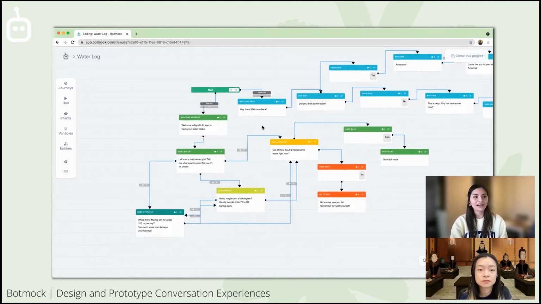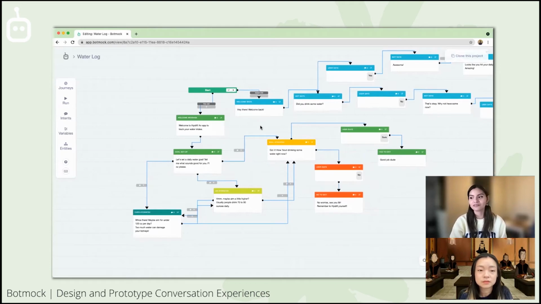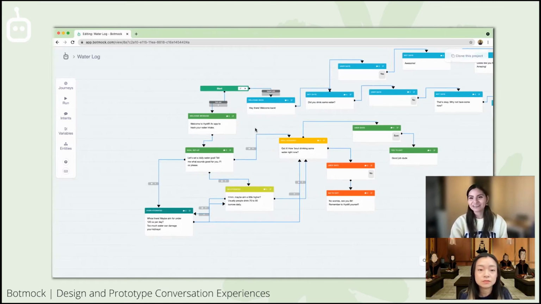The thing about Hydrate that we really wanted to focus on is creating a voice application that didn't feel clunky or like traditional IVR. We specifically were targeting a younger demographic with this. You can see that with a lot of our language, like our name itself, Hydrate with the actual number 8, that was intentional.